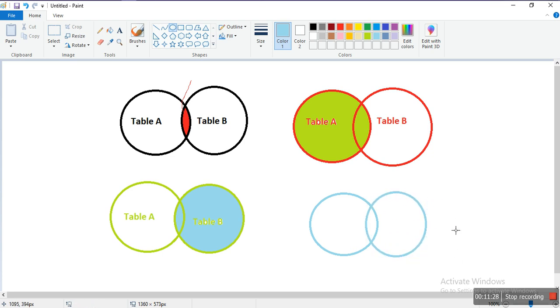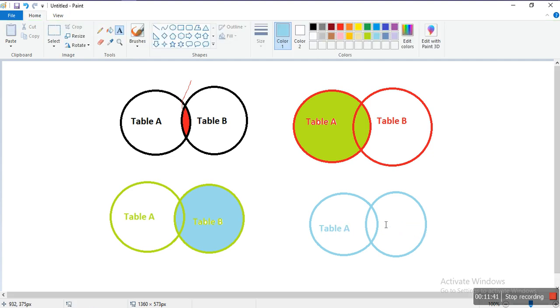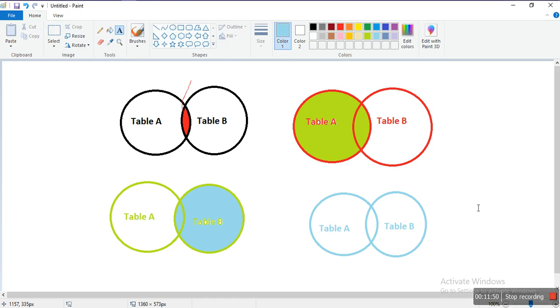Here we write table A and table B. So what is the full join? Let's see with the diagram.